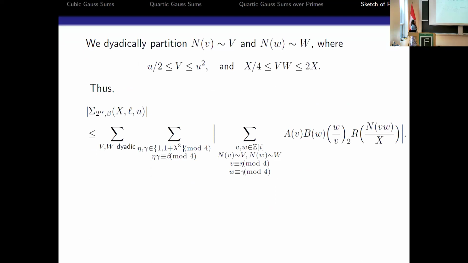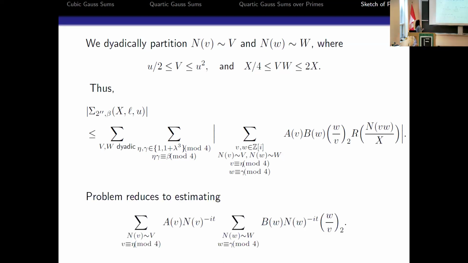All right, so in order to have a better control of our summation variables, we impose a dyadic partitioning, so that our summation variables v and w that you see in the type 2 sums are of order of magnitude uppercase V and uppercase W respectively. In order to estimate this type 2 sum, I'm only showing some of the computations for sigma 2 double prime. The computations for sigma 3 are very similar. After we apply our dyadic partitioning, we take absolute value of both sides, use the triangle inequality, and with a bit more work, skipping some steps here,